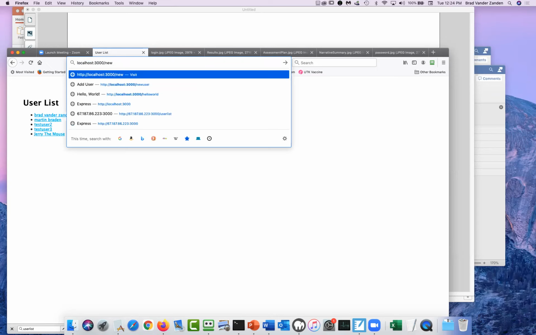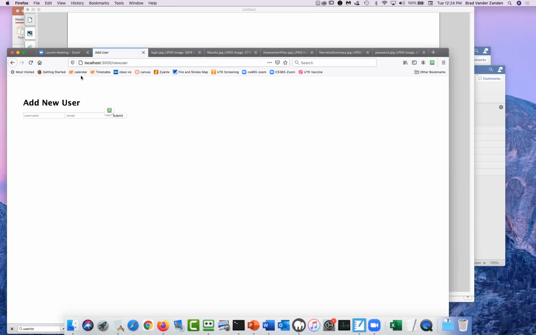Okay, if I want a new user, I'll instead use the new user route. Of course, you can see there's not any styling here, but you could add CSS styling, or again, there are a whole bunch of CSS preprocessors. So we'll add a new one, Tom the Cat, in honor of the new Tom and Jerry movie.